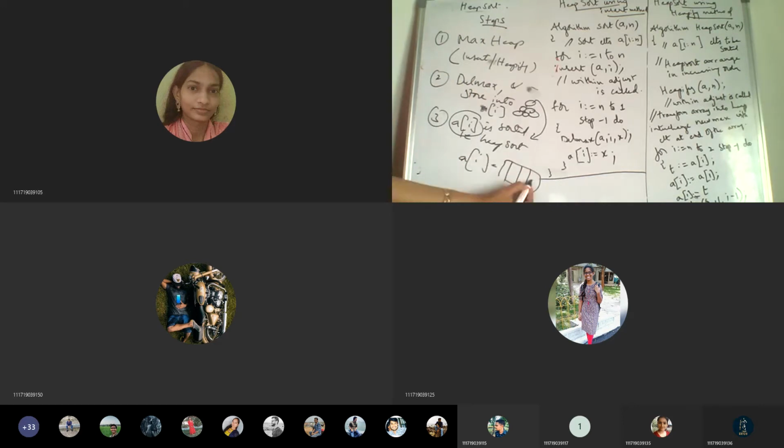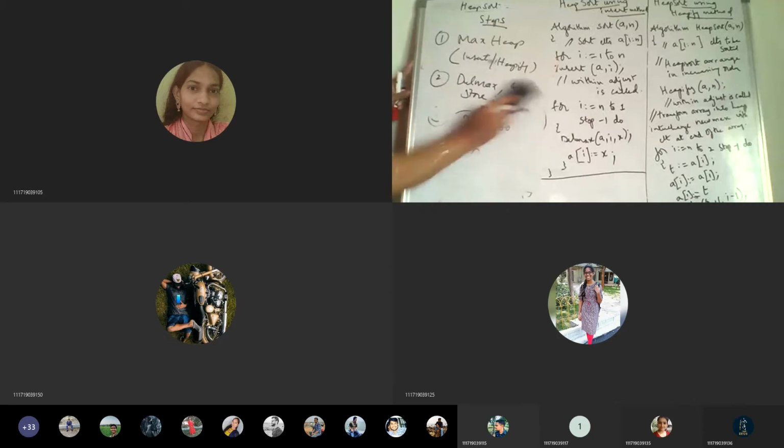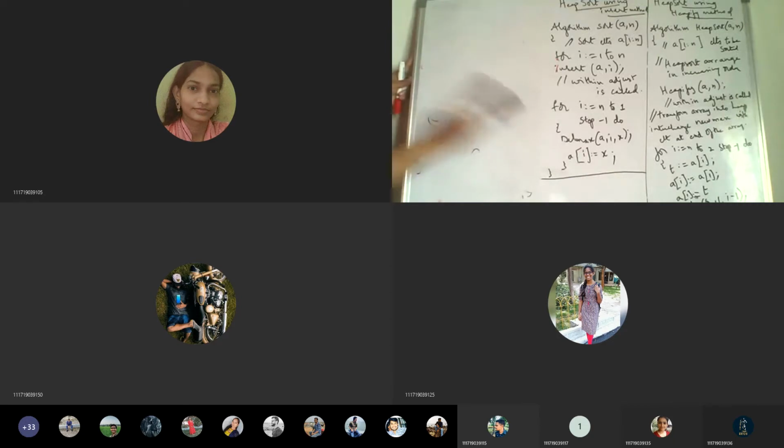Say first 50 is deleted, then 40, then 30, then 10. Finally the A of i array will be in increasing order, like 10, 30, 40, 50. Then it is sorted, and this we call heap sort. Let's see this with an example.